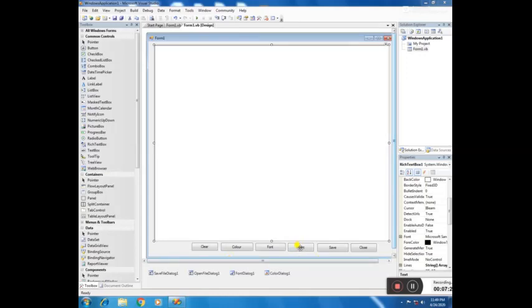Now we will open the saved file, that is pkclasses.rtf, in this rich text box.